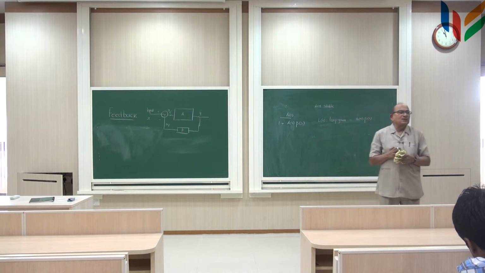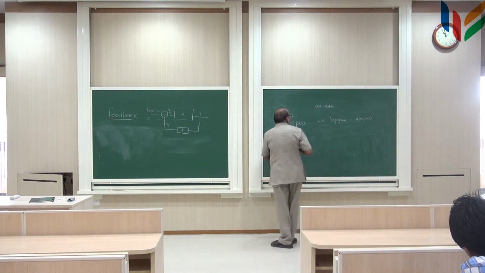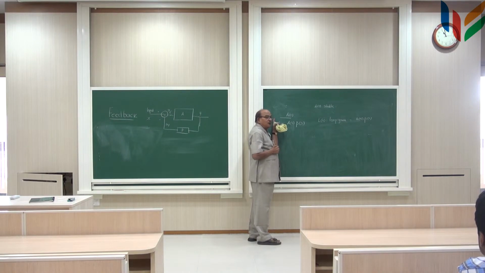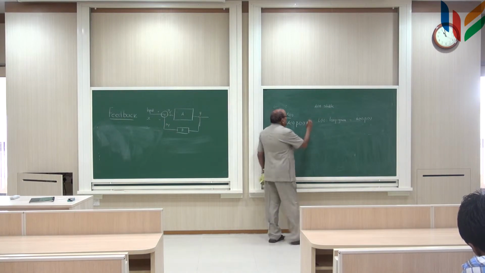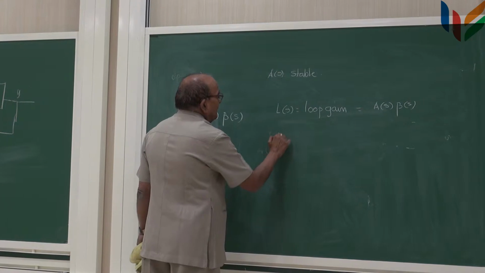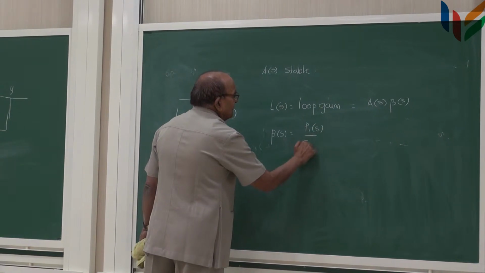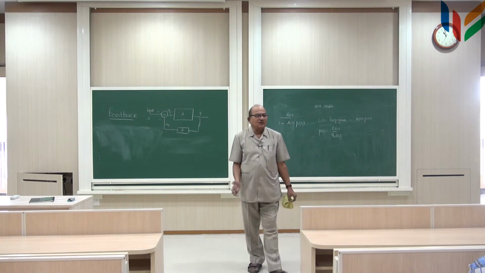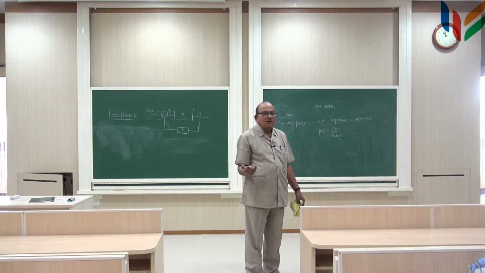In general, both A and beta are functions of frequency. So, this loop gain should not result in poles in the right half of the s-plane for this overall transfer function. If you write beta(s) as equal to P1(s) by Q1(s), it will be a ratio of two polynomials, because after all it contains inductors, resistors, capacitors. So, the transfer function will be a ratio of two polynomials.